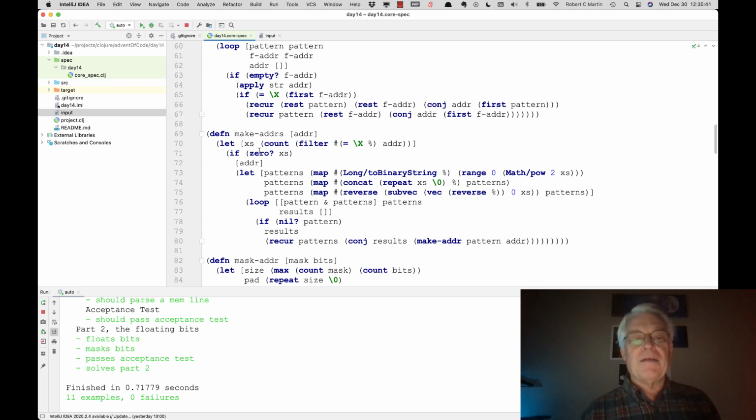First of all, I get the number of X's in the address. So this is the number of X's. And if that's 0, I just return the address. If there's no X's, return the address. Otherwise,